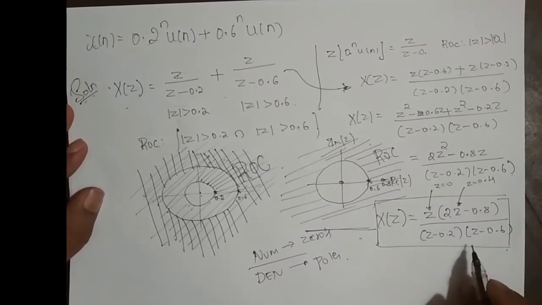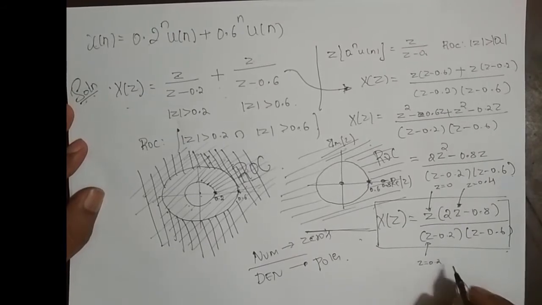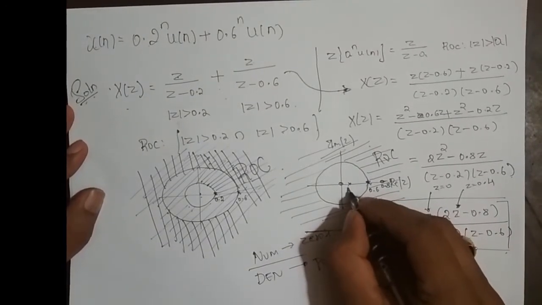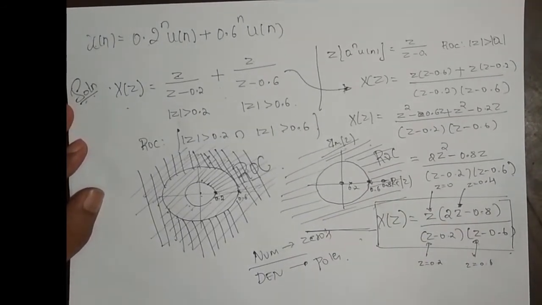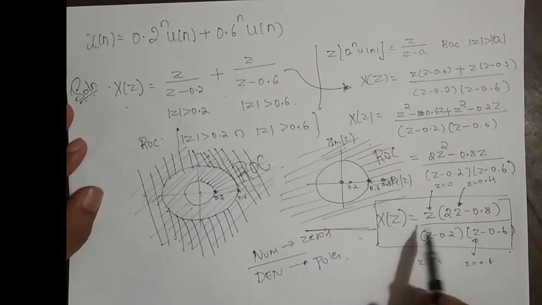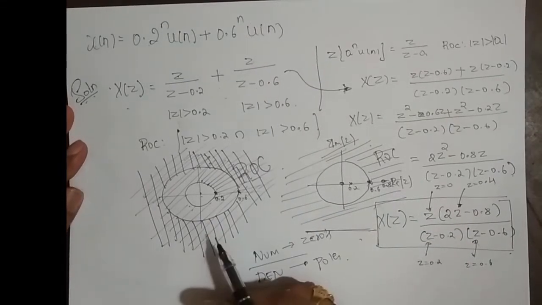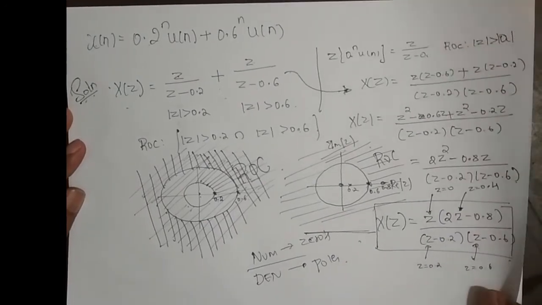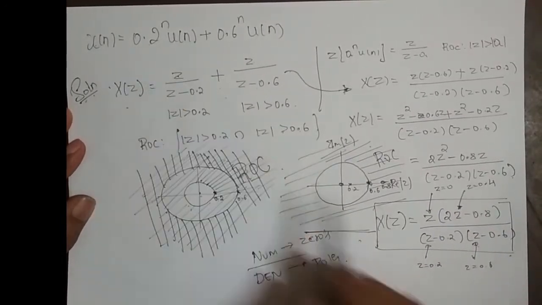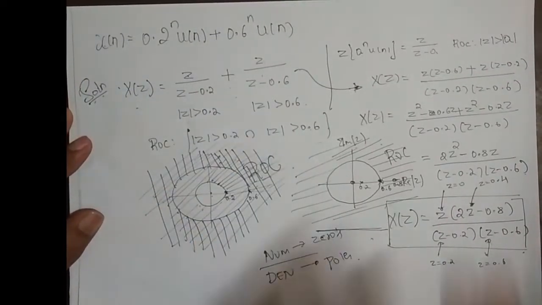There are two poles, right? So if I put z equal to 0.2, the denominator goes to 0, right? So one pole is somewhere here, at z equal to 0.2, and one more pole is at z equal to 0.6, which I already have. Okay, so we have to simplify the equation in such a way that we can identify how many zeros and how many poles there are and where their locations are. Fine. So we'll solve a few more problems so that you'll get used to it. Therefore, the transform of this equation is this, and the ROC is this. Fine. You can actually stop here, but better we simplify it.